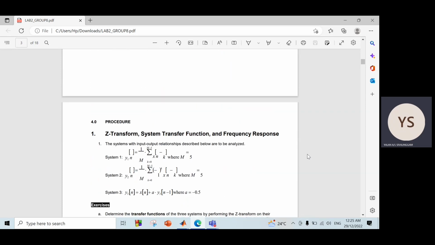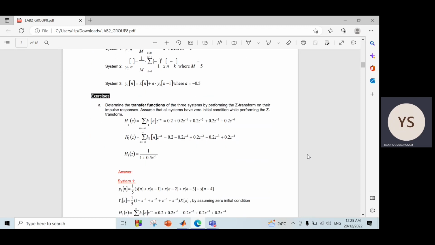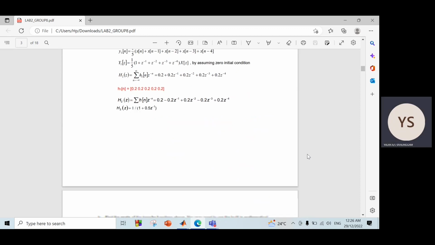In the procedure, the first question is to calculate the value of system 1, system 2, and system 3. And this is the calculation for system 1. The value of Hn is 0.2, 0.2, 0.2, 0.2, and 0.2. The same goes for system 2. The answer is 0.2. And then for system 3, we will get the answer 1 over 1 plus 0.5 z negative 1. And for the B,